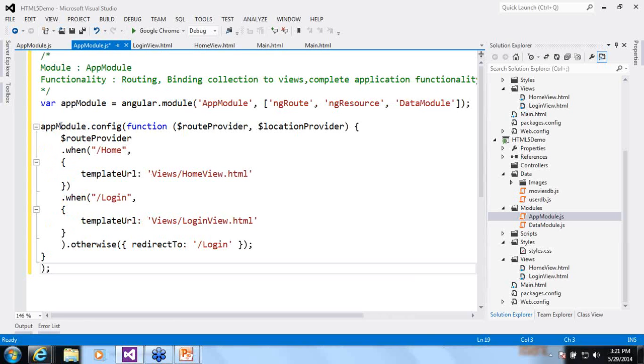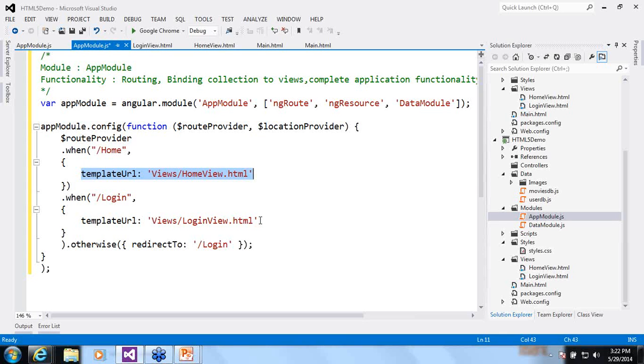So what is our configuration information here? It tells that I am using the route provider service. When the user clicks on home, or he appends /home to the URL, he is going to be navigated to homeview.html. Simple. And when the person goes to the start of the application, he is going to see the login view.